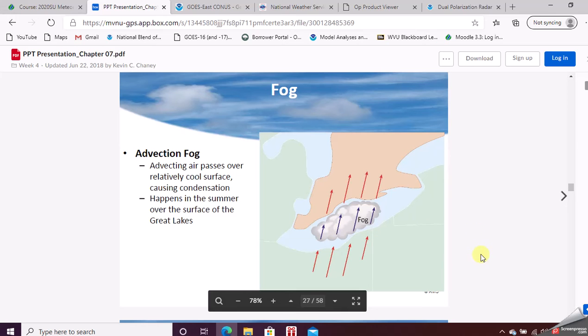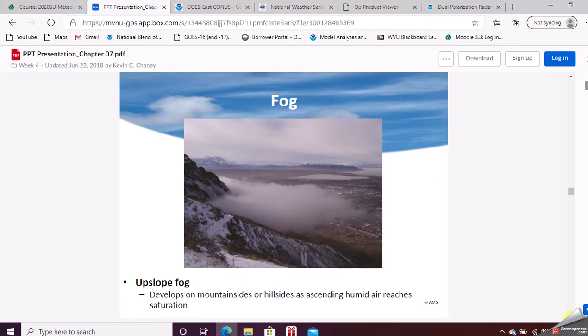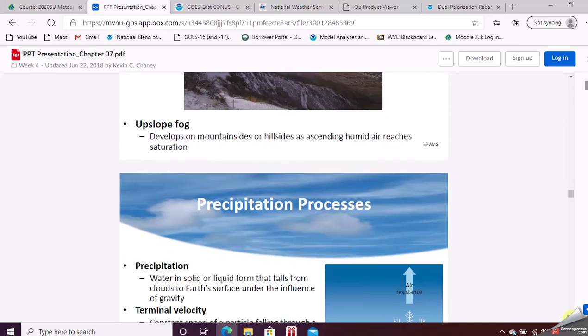I was attending a high school football game in Florida when I was at Florida State one time, and fog literally started coming in off the Gulf of Mexico. And by the second half, you could not see the players. I was just standing on the sidelines watching it. And literally, the fog got so dense it was hard to walk back to the dorm that night.